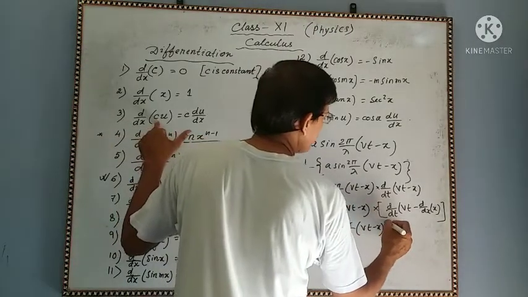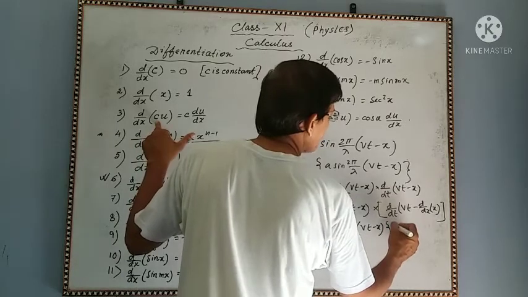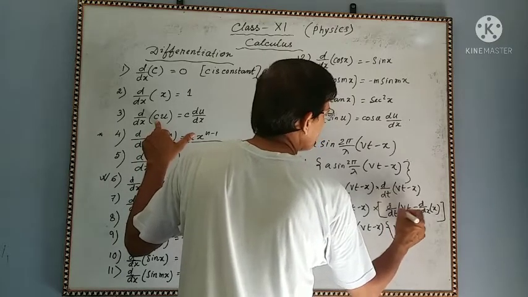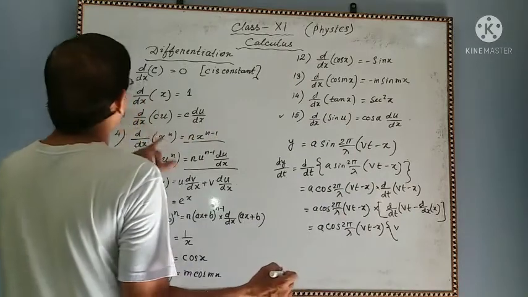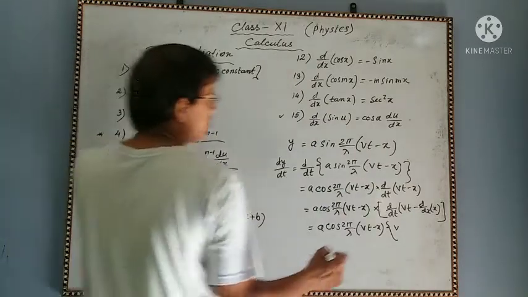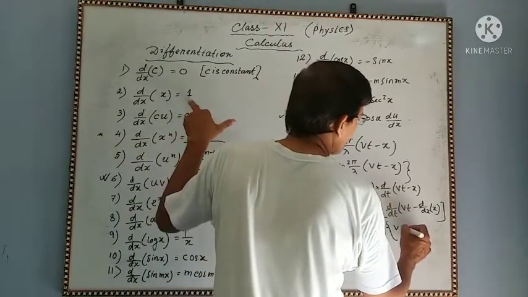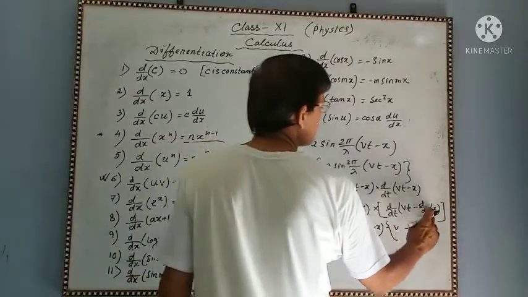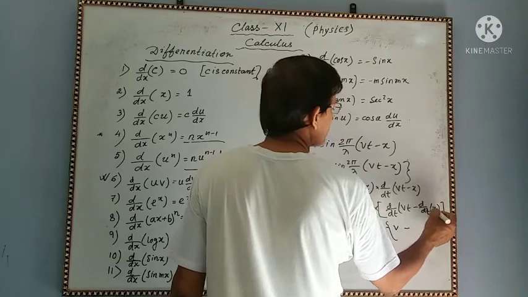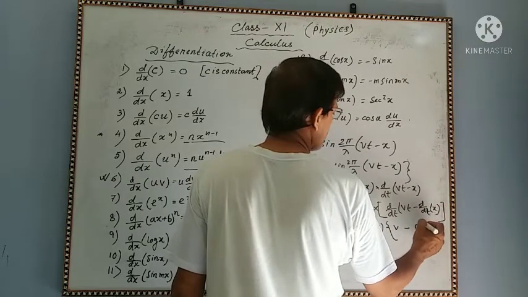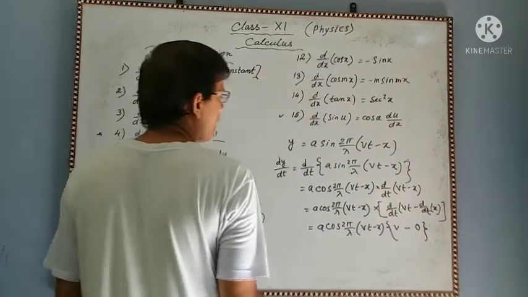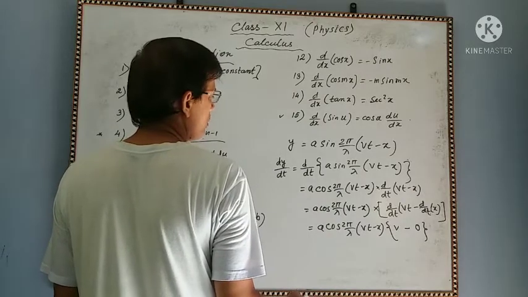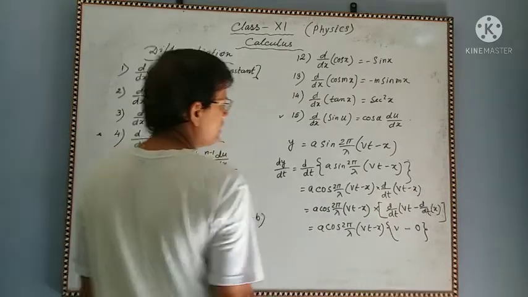So this will be V d by dt of t. d by dt of t means 1. This is 1, minus x is constant with respect to t, so differentiation of constant is 0, and so what we are getting,